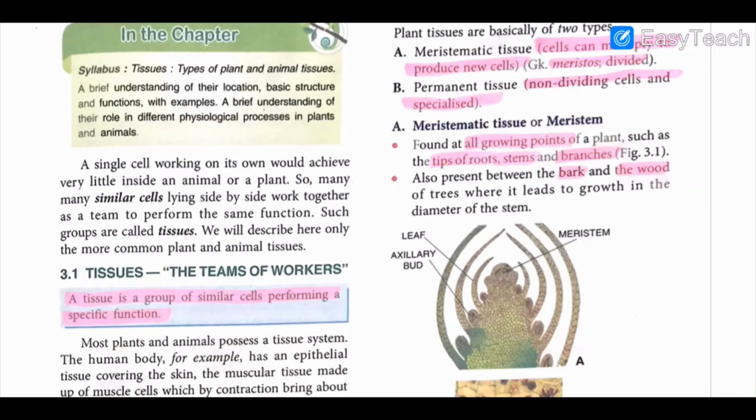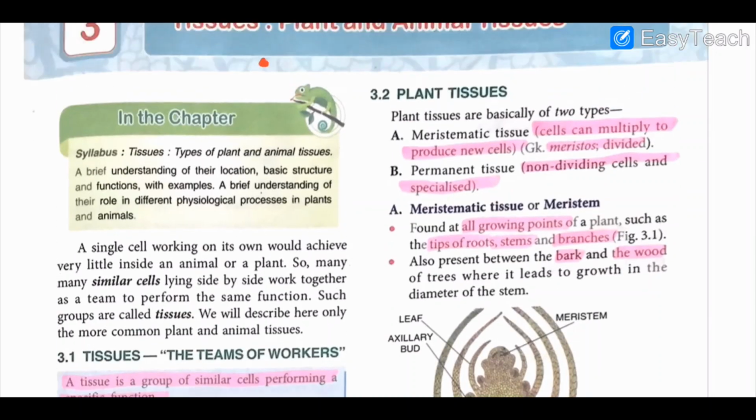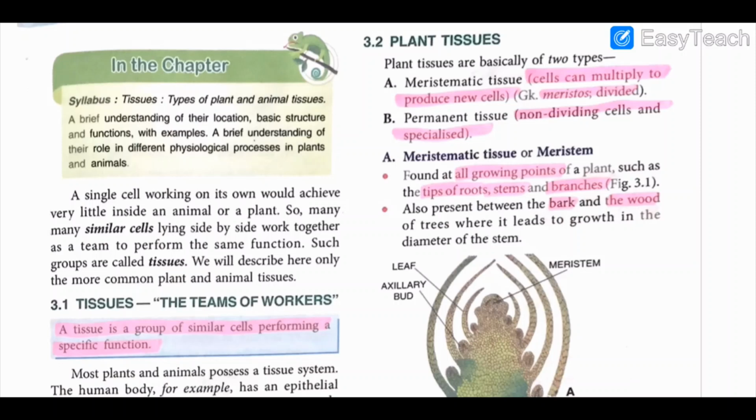let's start with a plant tissue, and let's get to know what a plant tissue is. Let me scroll up for you. Right. So plant tissues are basically of two types. That's meristematic and permanent. Meristematic are cells that can multiply to produce new cells, and permanent tissues are non-dividing cells, and they're specialized cells as well. All right. So we'll start with meristematic tissues first, then we'll go on to permanent tissues, and we'll look at